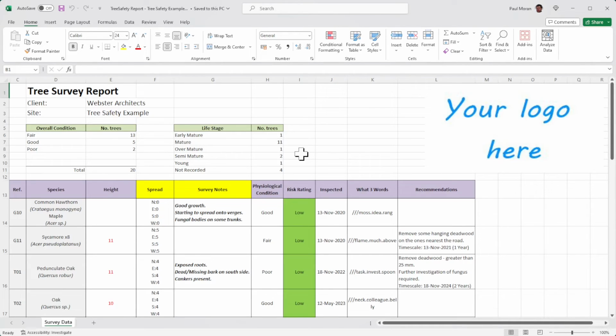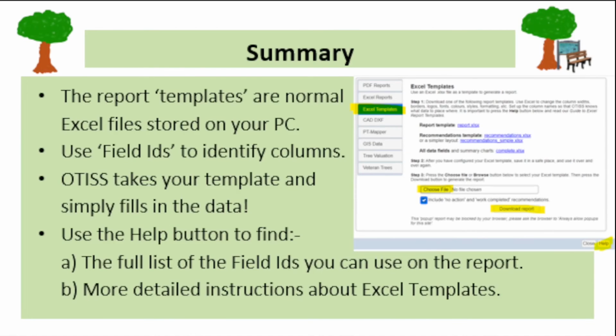When I open up the generated report, I can see all my changes. I've got a table here of life stage. My columns are now showing what I wanted, and the formatting and colors are all set up as I wanted. Now I've got more changes I want to make here, so I'm going to go back to the template and edit that now. It normally takes lots of tweaking to get the reports laid out exactly as you would like,